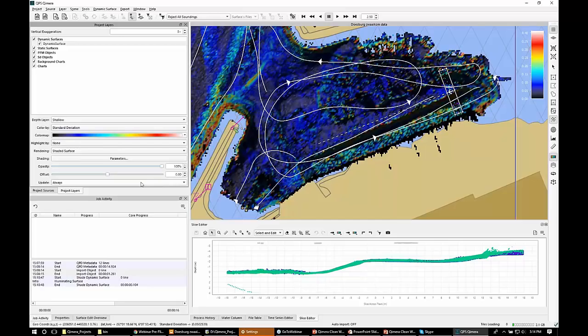But the bottom line is, editing and cleaning in Qimera means you're working directly on the QPD, and the dynamic surface is built from the QPD. So no temporary file like a QTM is created. Okay,